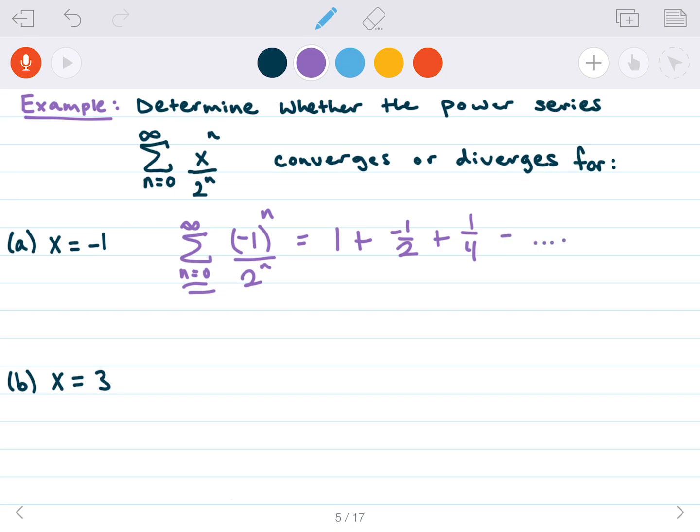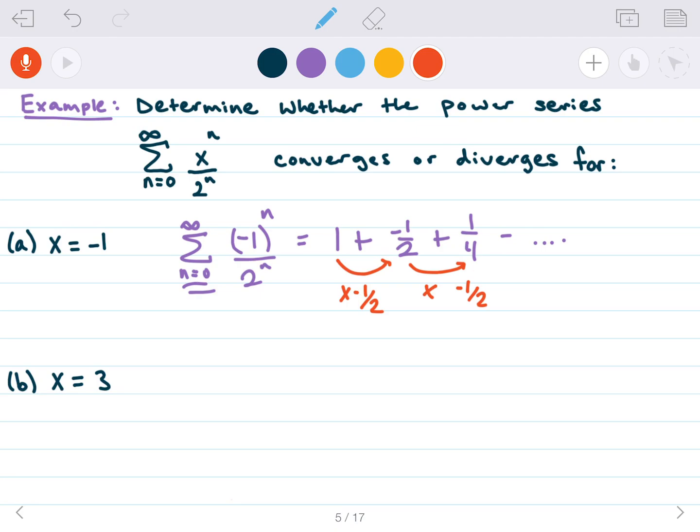And in particular, it's an alternating geometric series. So what is the common ratio here to get from one term to the next? Well, it's going to be negative 1/2, right? If I multiply negative 1/2 by each term, I get the next term. So my common ratio is negative 1/2, and we know